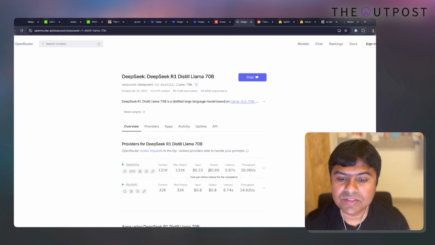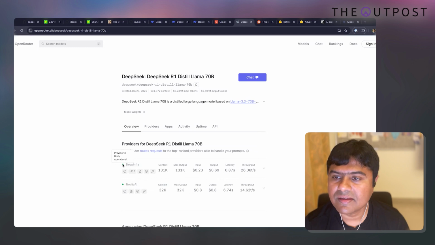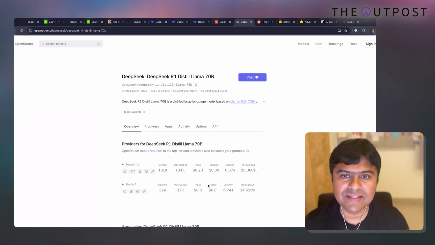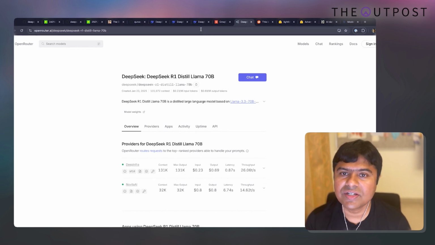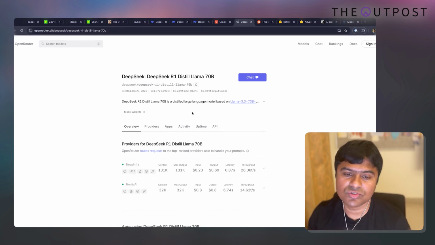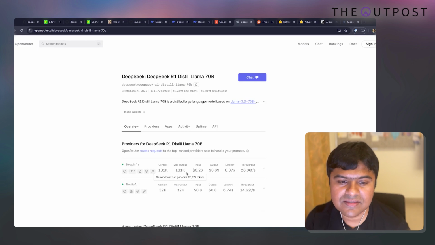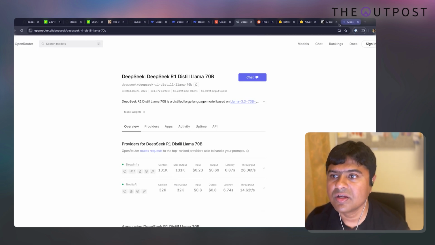For 1 million tokens, what is the price? And what is the uptime? Like, it's operational, what is the overall throughput, etc. They'll give you all these stats so you can see, you don't have to use the official DeepSeek API where the data might go to China. Over here, the data stays in the infrastructure of the provider.